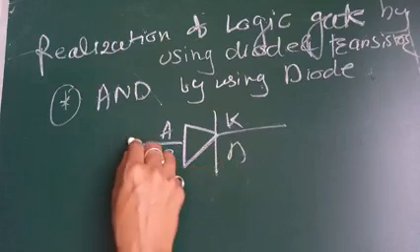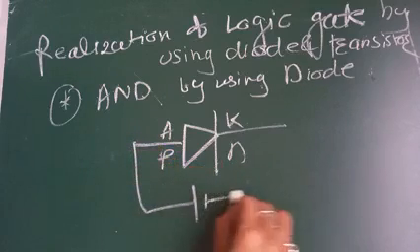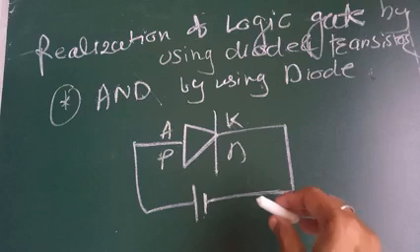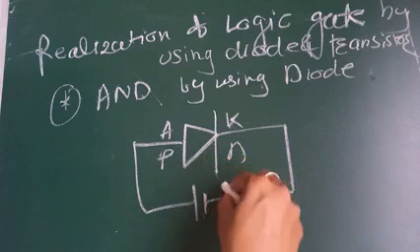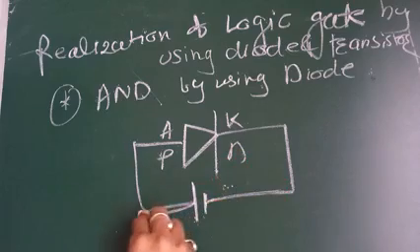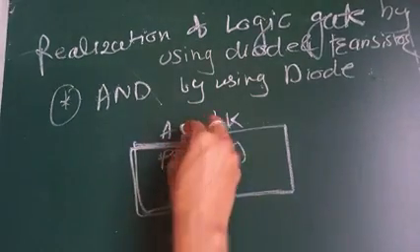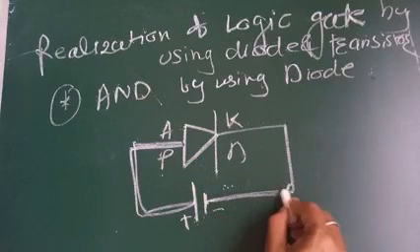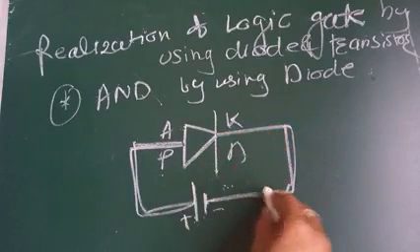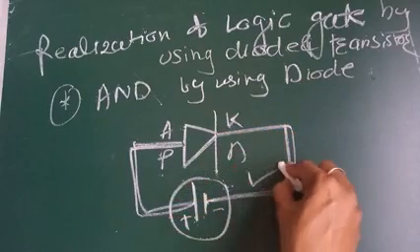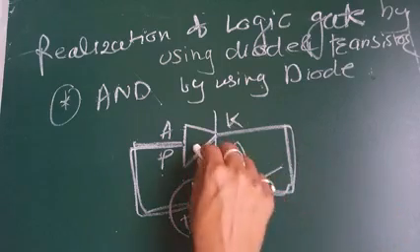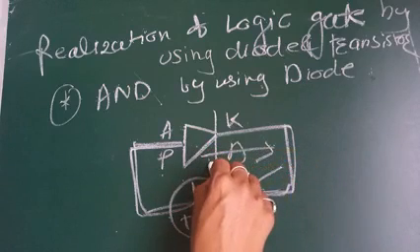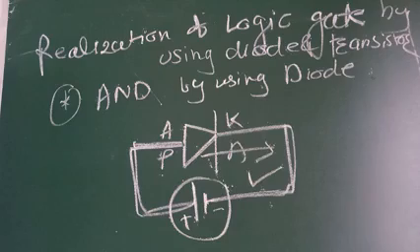You know that a diode can be operated in two ways: forward bias and reverse bias. This type of biasing means application of an external battery to the diode. In this case, the positive terminal of the battery is connected to the anode, that is the P type material of the diode, and the negative terminal of the battery is connected to the cathode, that is the N type of the diode. This biasing is known as forward biasing of the diode, and when the diode is in forward bias, conduction takes place. That means current will flow through the diode. You must know this before starting the realization.